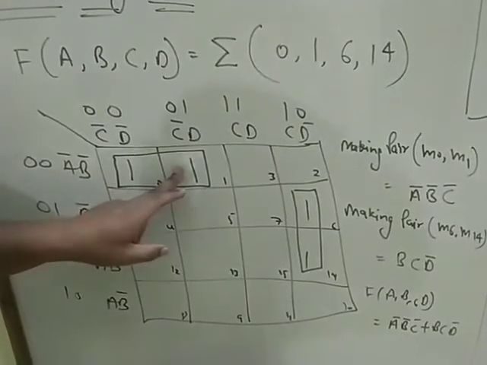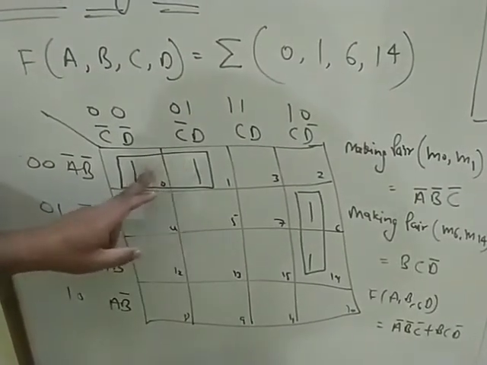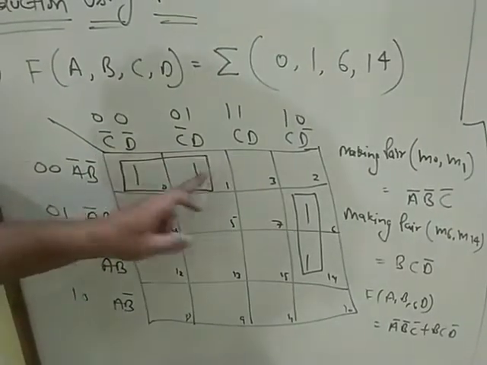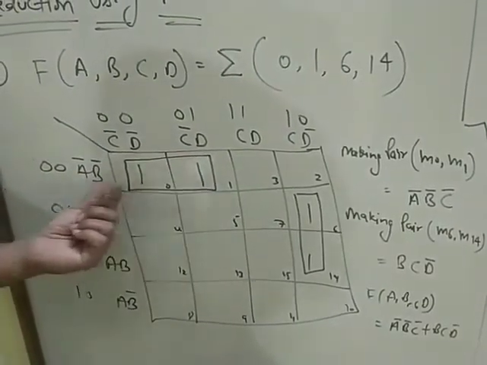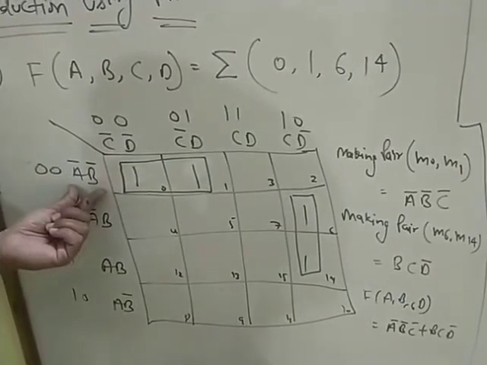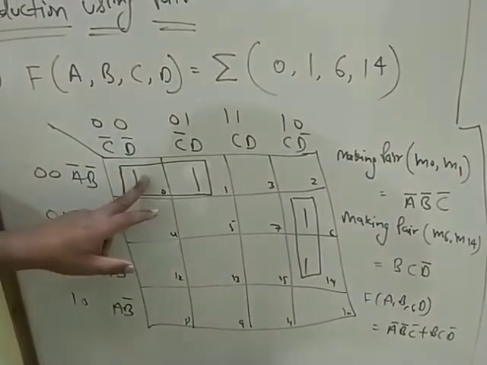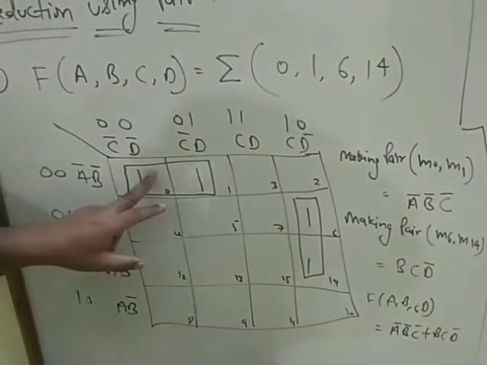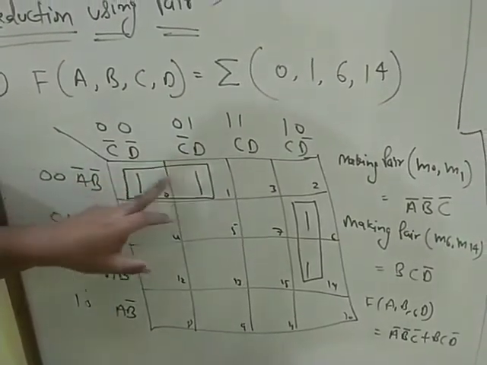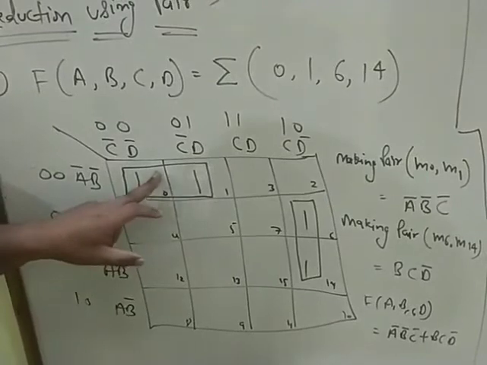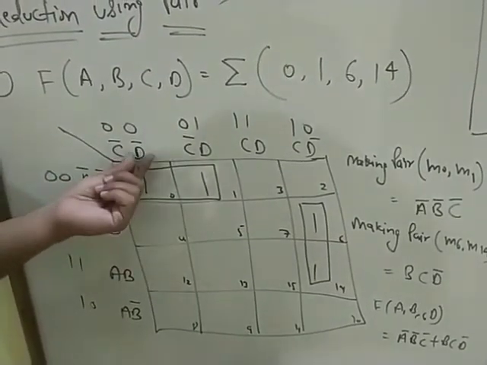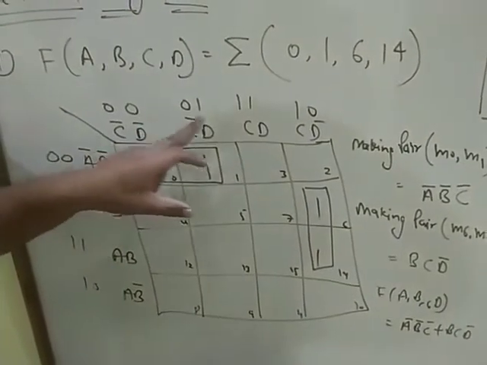Now how will we reduce it? This is the important one. Keep the focus here. Now here we are moving in the first row. So this is our first row. In the first row, this is A dash B dash, and here we move from one column to the second column. This is column number 1, this is column number 2. So we move from column 1 to column 2. When we move from column 1 to column 2, there is a change in D. You can clearly see here D dash changes into D.